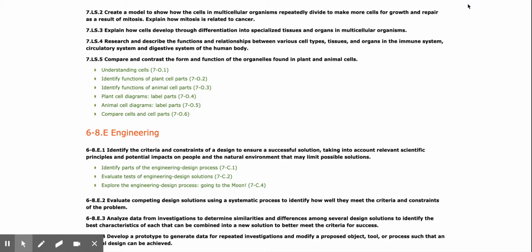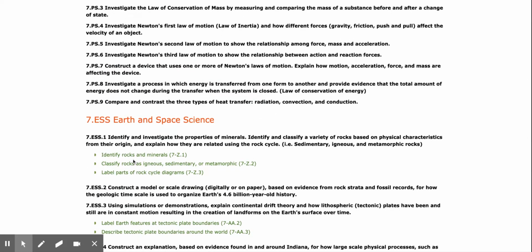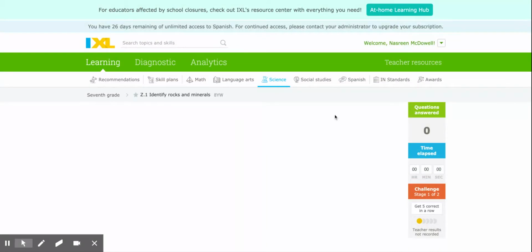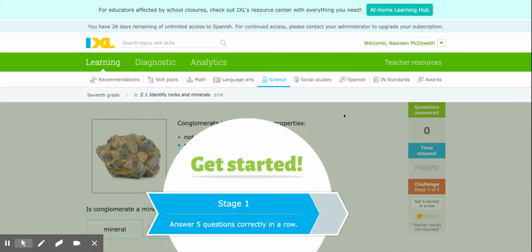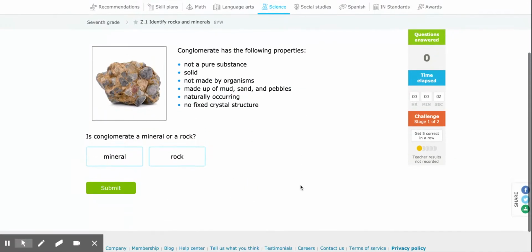and everything. No problem. So again, say I'm on this page and here's identify rocks and minerals. You can click on this. You can see the skill preview. It goes to the questions again. Now, this is what the kids see. Okay, and so here they would have to answer the questions, and it shows them questions answered and then how